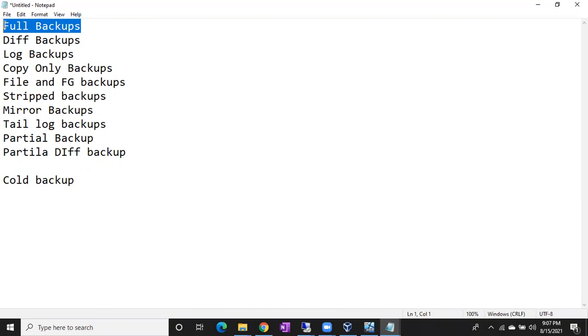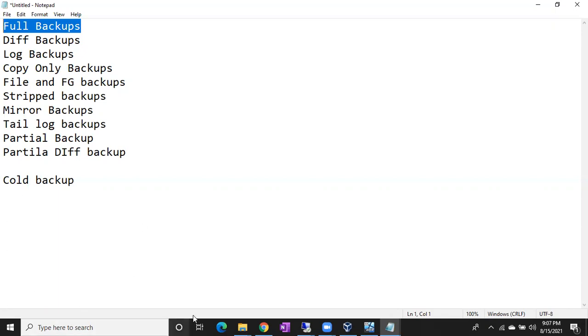However many files are there in your database, it will take the backup of the whole database, including, as we discussed yesterday, committed transactions, uncommitted transactions, including everything. First it will take the backup of the whole database completely. Whatever transactions are there, committed or uncommitted, it will take the backup of everything.